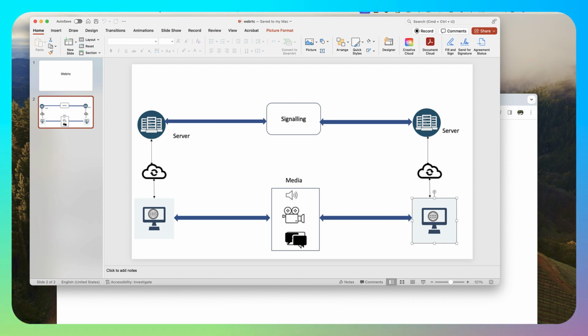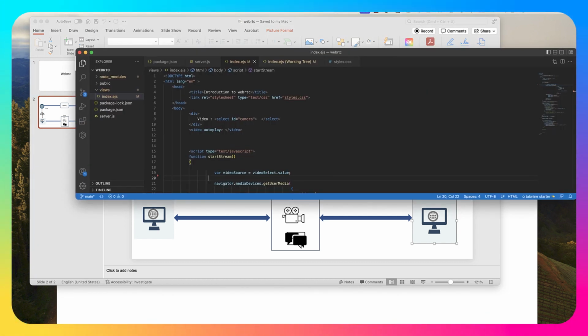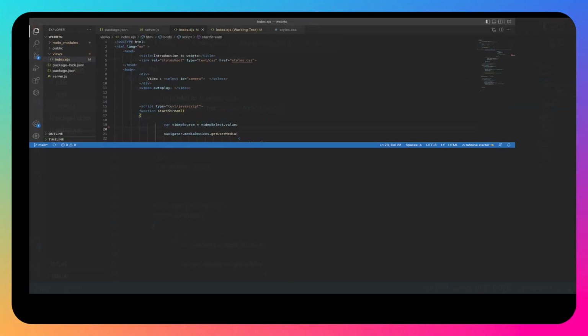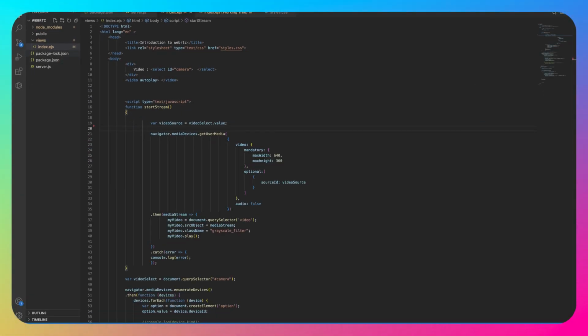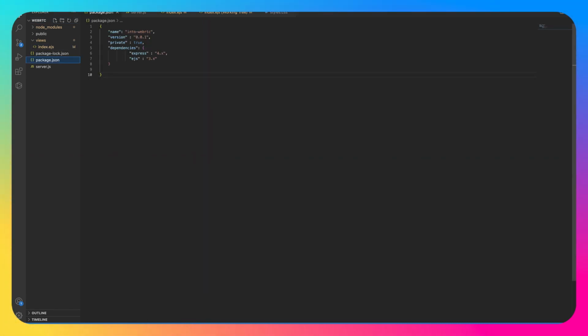So let's look at the actual code. I have a very simple Node.js app where I have a folder called WebRTC. Inside this folder, let's look at the package.json file, which requires some dependencies like Express and EJS. Express is basically a web server, and EJS is embedded JavaScript that allows me to embed my JavaScript within an HTML. So I just have a couple of dependencies, and then I have a server.js file which